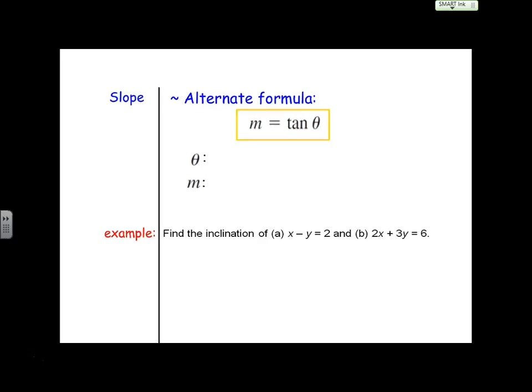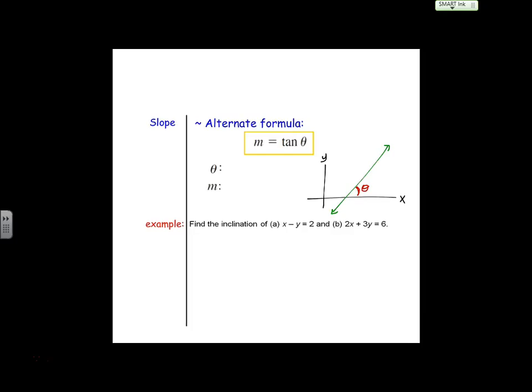There is another formula for how to find slope, and it all comes back to trig. Let me go ahead, and as you guys are writing down the formula, let me get a quick picture of what we were just seeing on the other page. That if we have, for instance, an x and a y, and we have some random line that we're trying to find the slope of, if we can find the angle of inclination, if we can find a theta, and we're talking about a line,